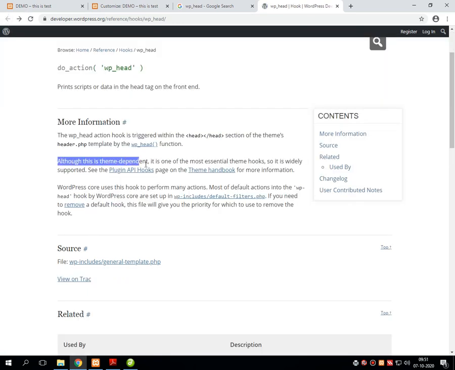All through, this theme depends on it; it is one of the most essential theme hooks, so it is widely supported by WordPress. This particular hook returns the head section of the entire website.